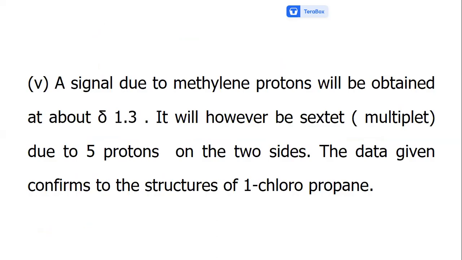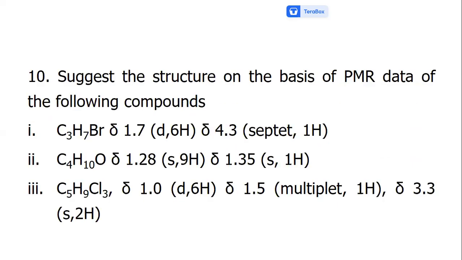A signal due to the methylene protons in the middle will be obtained at about delta 1.3. It will, however, be a sextet, multiplied due to 5 protons on the 2 sides. The data given conforms to the structure of 1-chloropropane. Suggest the structure on the basis of PMR data of the